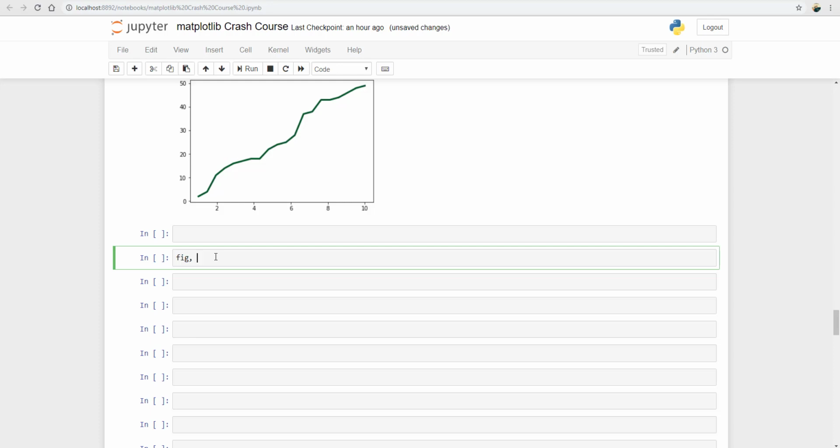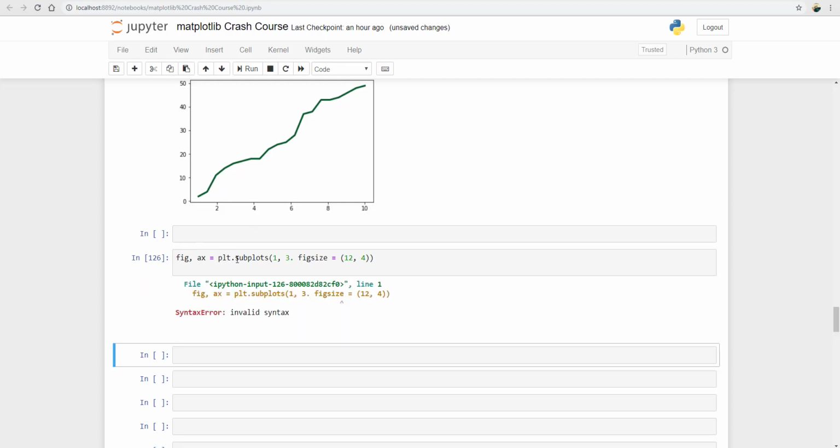We have here a figure and AX, which says plt.subplots, and then it is asking about 1 row and 3 columns, and then I'm also going to pass here figsize, and that figsize is 12 by 4,